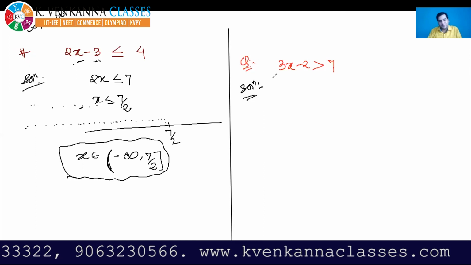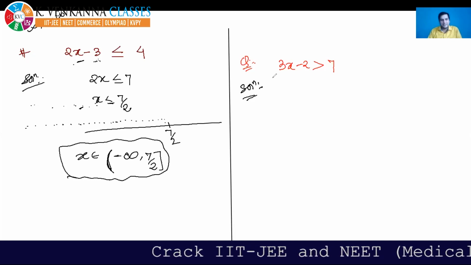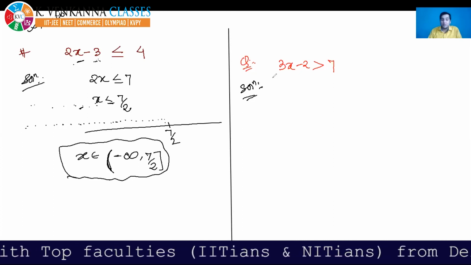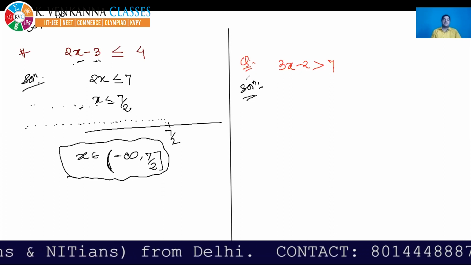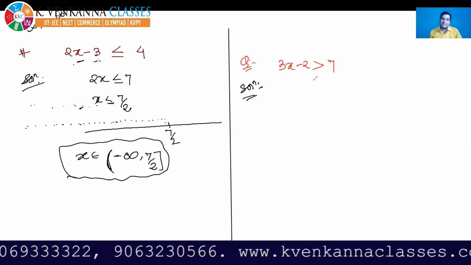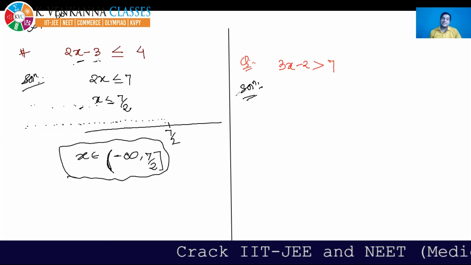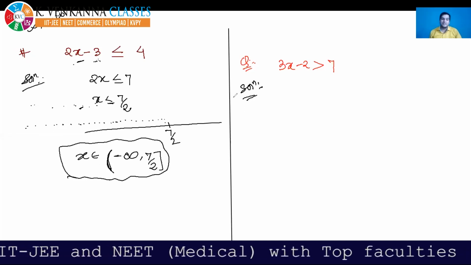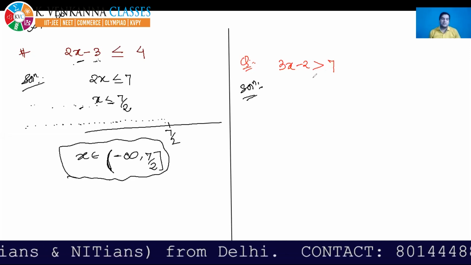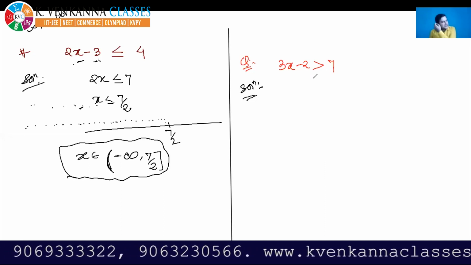X belongs to, again you are putting minus infinity. No, 3 to infinity. Santosh, you are correct. 3 to infinity. Vignesh, you are also correct. Varsa, correct, but at infinity you will put open interval. I told you, infinity and minus infinity you always put open. Parnem Manikanta, you are correct, but at 3 it is open. See the question clearly. Anjali, you will write infinity on the right side. Always remember 3 to infinity. Sai Kirtana, good. Deepak, 3 to infinity, good. So many students are giving the correct answer. Ravindra, it's okay.